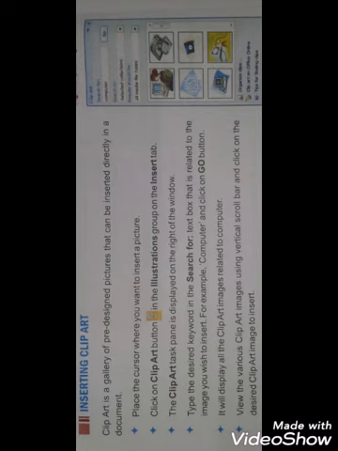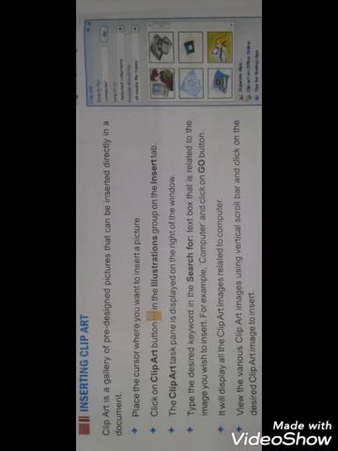Now in the Search for box, you can type the text related to the image which you want to insert, for example, computer, and click on the Go button.